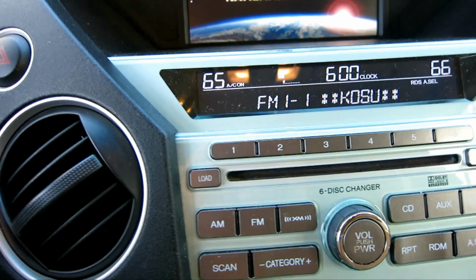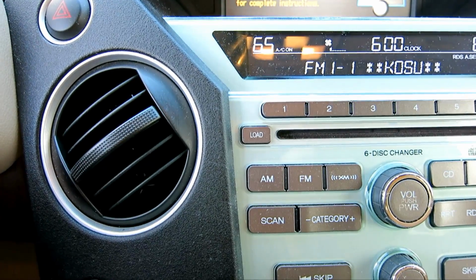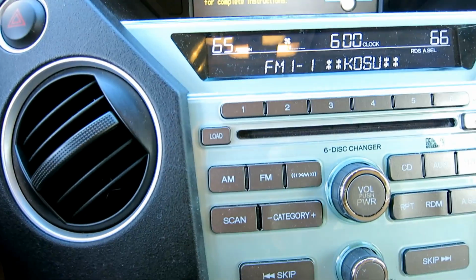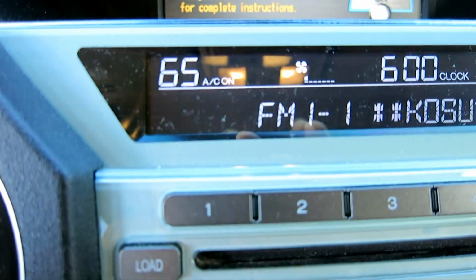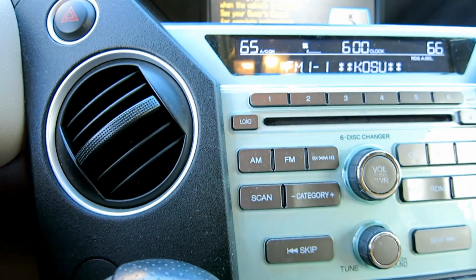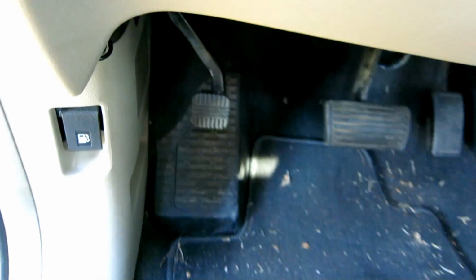So my AC is not working. It's just pretty much ambient air coming out of here, and as you can see, the AC should be on, but once again it's not cold. So let's try to diagnose and see what's going on. First, let's open up the hood,